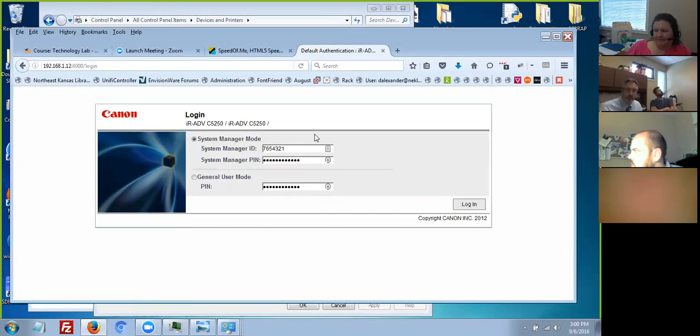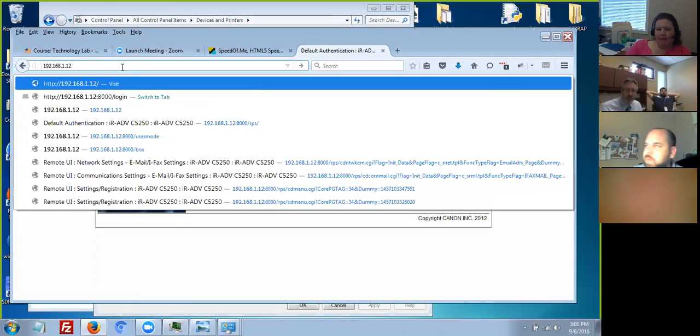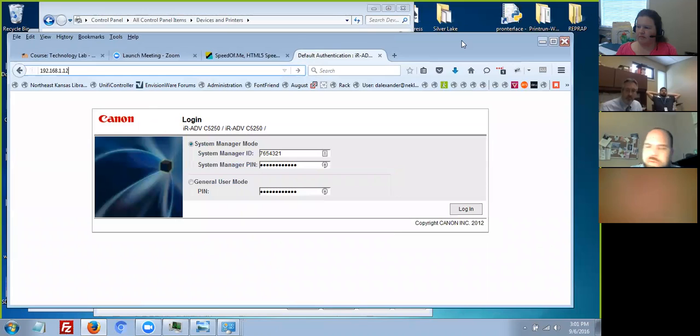So I just wanted to make sure that you are aware, if you've never heard it before, that every network printer out there, you can go to its built-in web page if you know its IP address. So that can be helpful when troubleshooting things like network printers and seeing if a job didn't go through. Anytime you don't have access to the actual copier itself, for whatever reason, that can be helpful. That pretty much